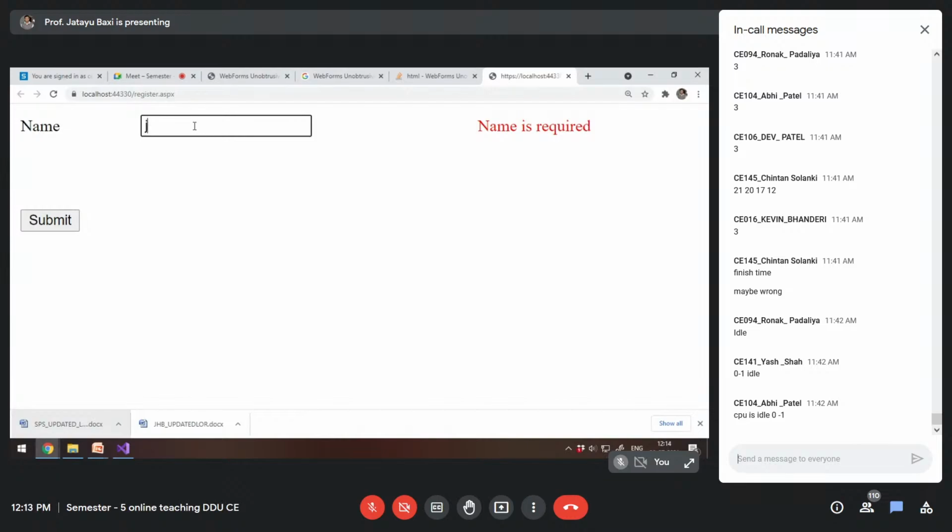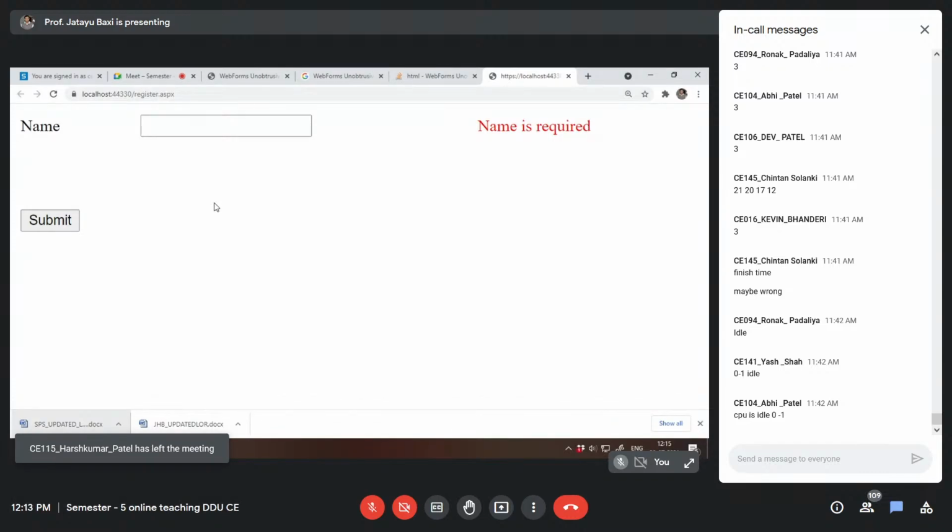Now if I start filling something and come out, see the error is gone. I have not submitted the button, but still the error is gone. Why? Because it is also doing the client side validation. See, the client side validation is also happening by default.